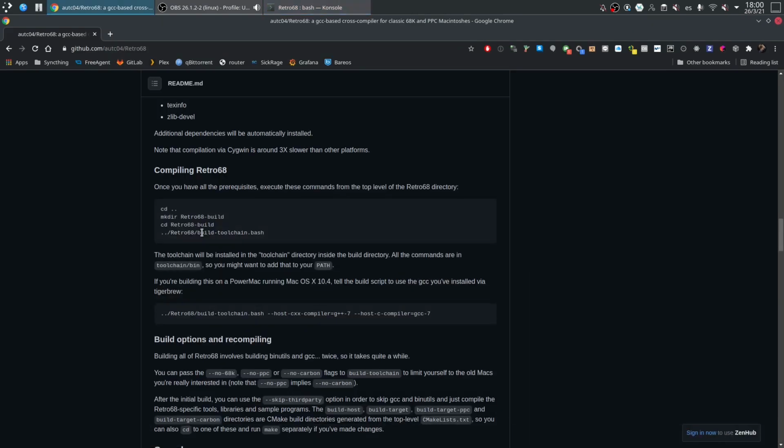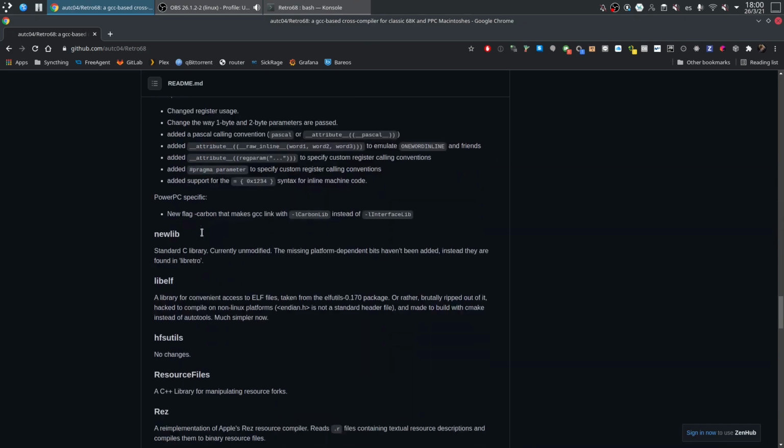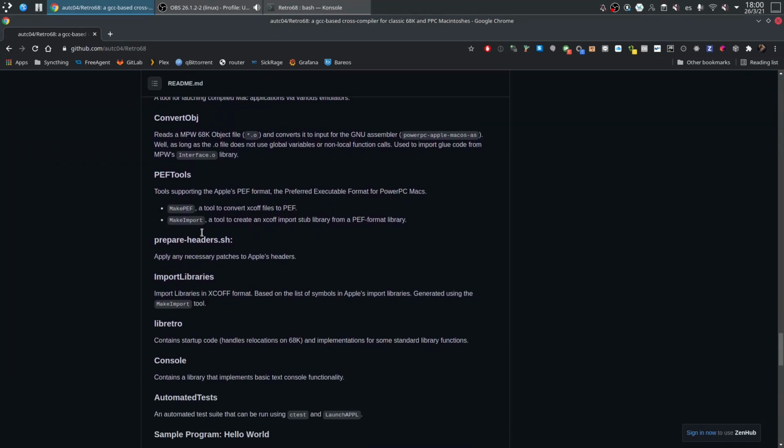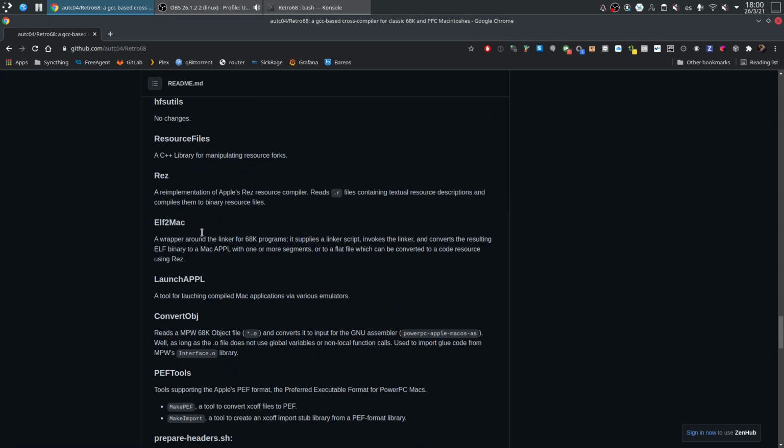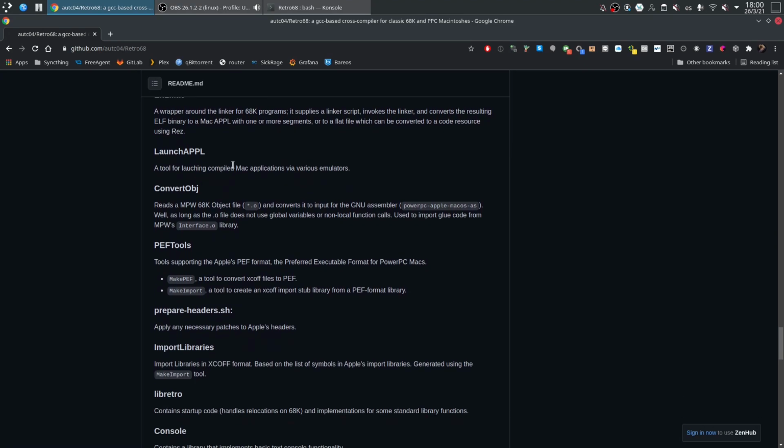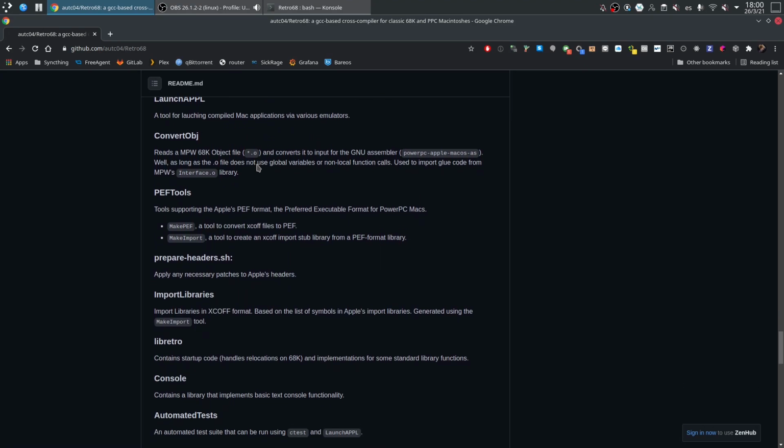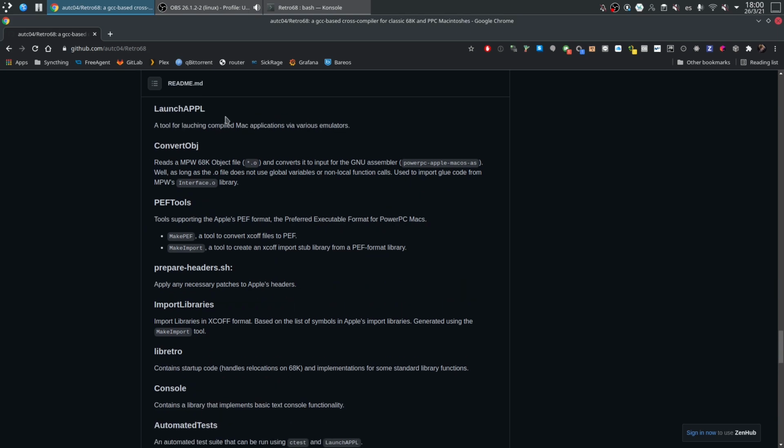While you're waiting, you can read the whole documentation that tells you about the accessory tools, like for compiling resources, for launching an application using an emulator, or converting object formats. For example, you may have a library from original Apple systems compiled by Macintosh Programmers Workshop and you want to link it, so you need to use the object converter.